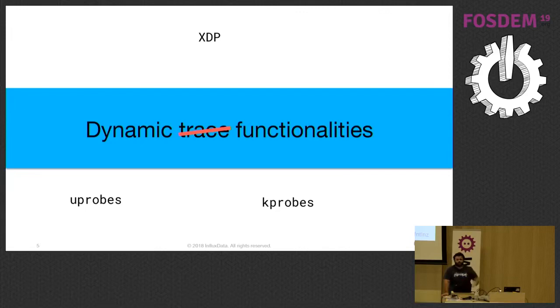You can reject the packets directly in the network card so that you don't even populate the socket buffer struct for the packet. That gives you a great performance improvement because the kernel didn't even process the packet. So this eBPF thing is all about doing the processing of your information